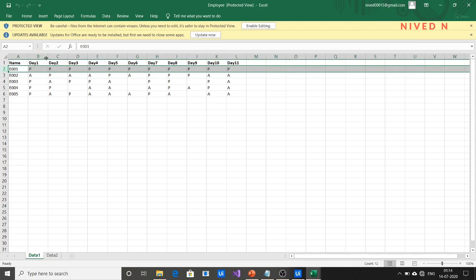For each data row we iterate through all its cell values, first, second, third, and check in the switch whether it is present, absent, or null. If present, we increment the present variable by 1. If absent, we increment the absent variable by 1. If null, we increment the null value by 1. That is what we are doing.